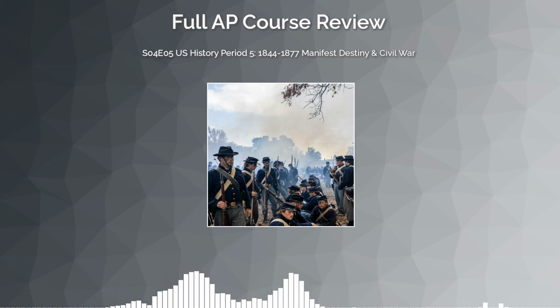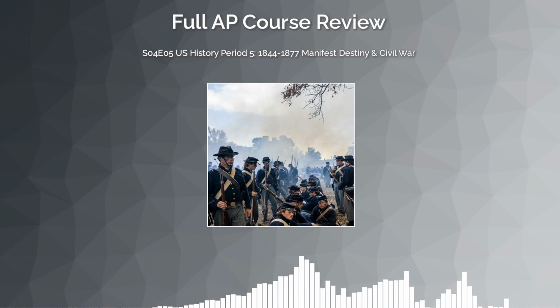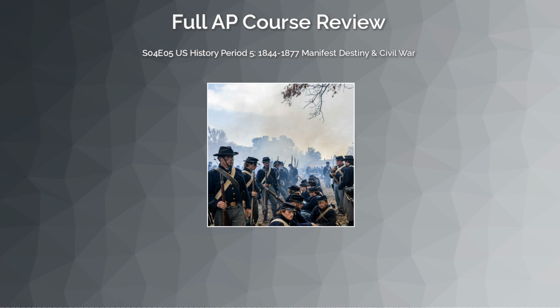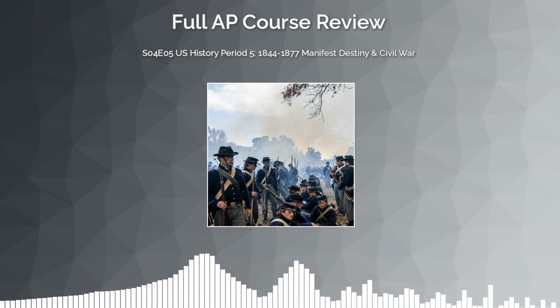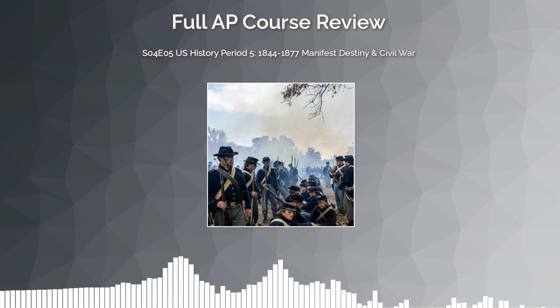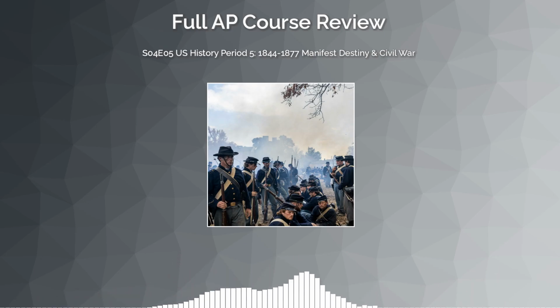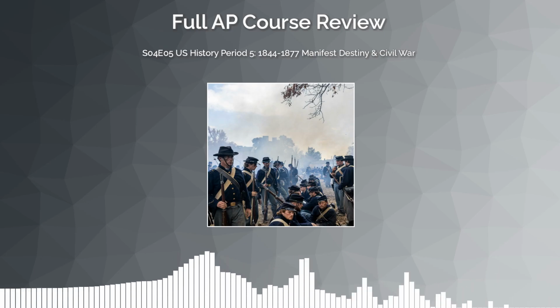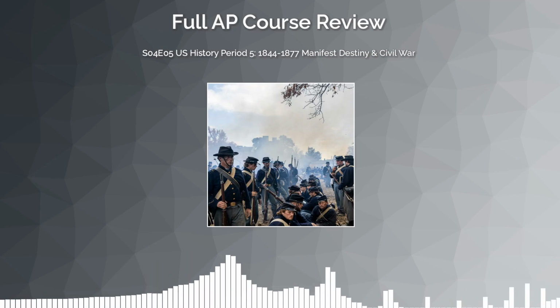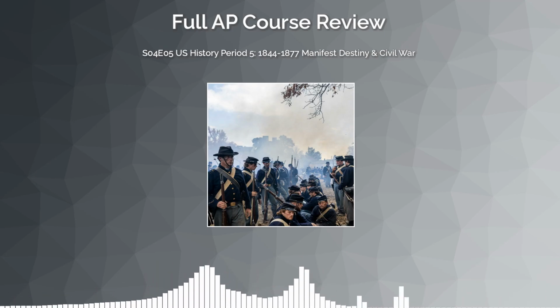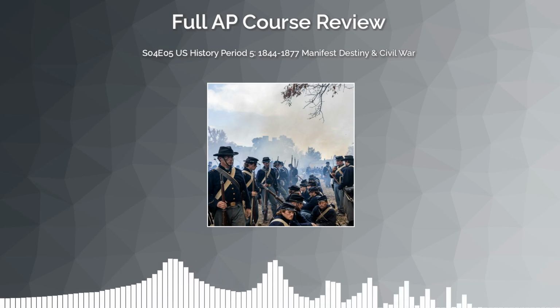Now the Union was explicitly fighting to end slavery, which had the enormous effect of discouraging Britain and France from formally recognizing or aiding the Confederacy. European nations weren't going to align themselves with a pro-slavery government when their own working classes were morally opposed. The Emancipation Proclamation is one of those hinge moments where military conflict and political purpose become inseparable. That's exactly what the AP wants you to see.